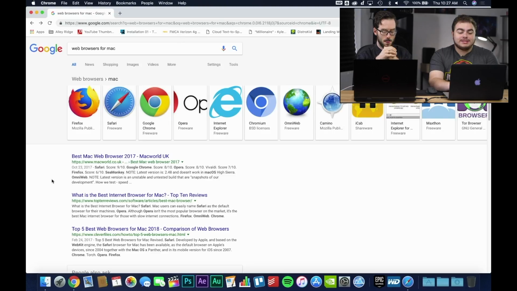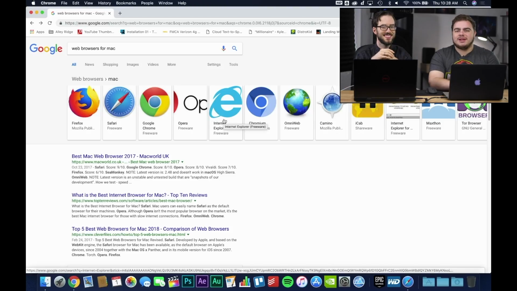And then bringing this up, we can see some of the other popular web browsers for Mac OS. So like Firefox, you can get Firefox. I know my girlfriend loves Firefox. I'm not so much of a Firefox fan myself. Me neither, but some people are. Safari, Google Chrome, like we said, Opera you can get. I know Opera is actually very popular as well. I did use Opera for a little while. Reminds me of Chrome, to be honest. It's a little similar.